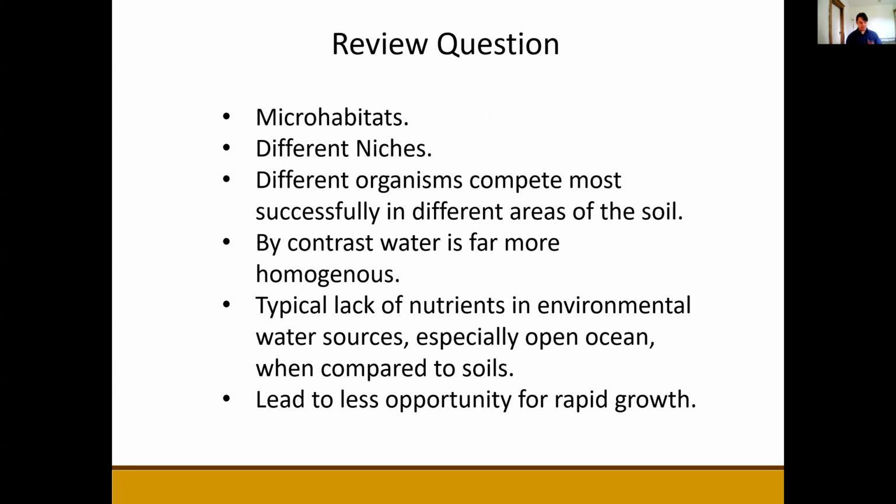So firstly, I would definitely want you to mention microhabitats and the different niches that these organisms can inhabit, and how there would be more of certain organisms in certain portions of the soil than in others. This is because the different organisms can compete most successfully in different areas of the soil. The fact that soil can create these microhabitats, or niches, that need to be filled by the microbes is one of the reasons why you have greater diversity, because water is far